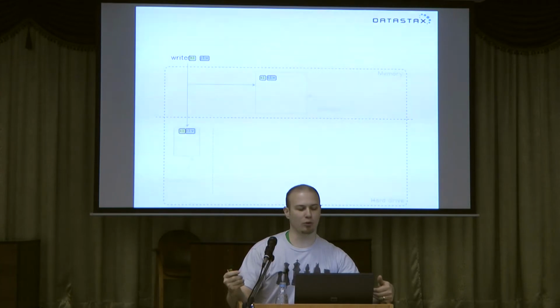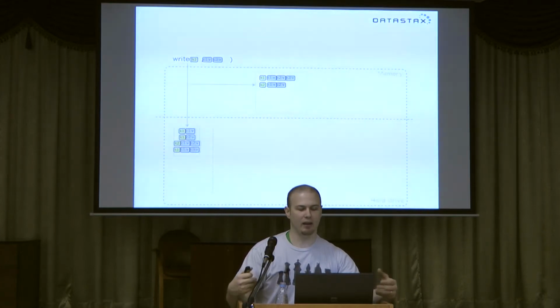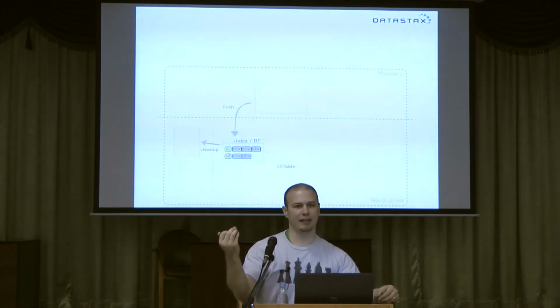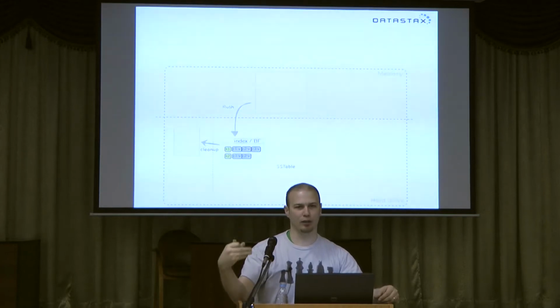As more writes come in, I'll keep appending to the commit log. I'll combine them into the mem table. And eventually, my mem table gets full enough that I need to free up some memory. So what I do is I flush that data to disk. Now remember, at the beginning I said that Cassandra stores data in files called SS tables. So this is where SS tables come from. I've taken that data in the mem table, I've sorted it by primary key, and I've written it out to